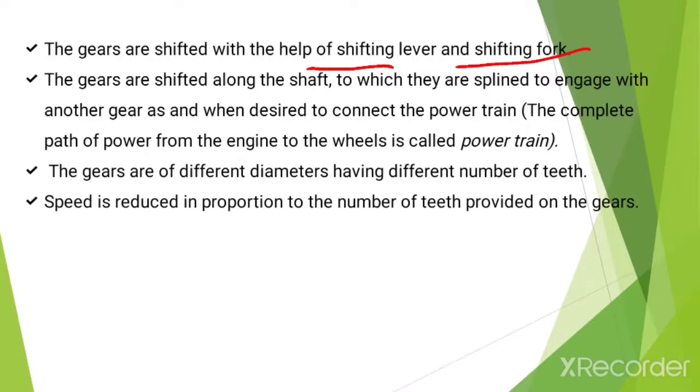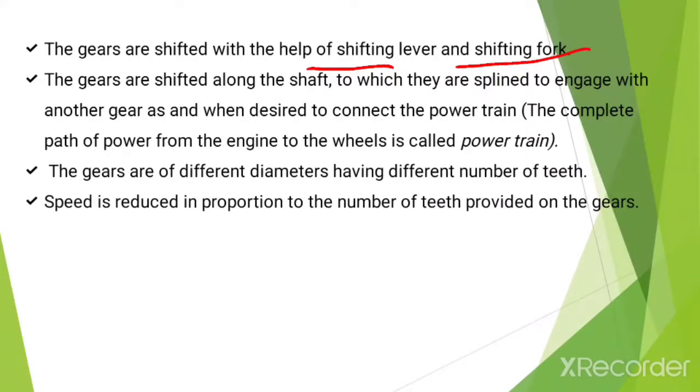When we move the shifting lever, according to the condition the gears disengage and engage with the respective gears which are present on the counter shaft or lay shaft. The gears are of different diameters, having different numbers of teeth, because when we shift the gear from 1 to 4,